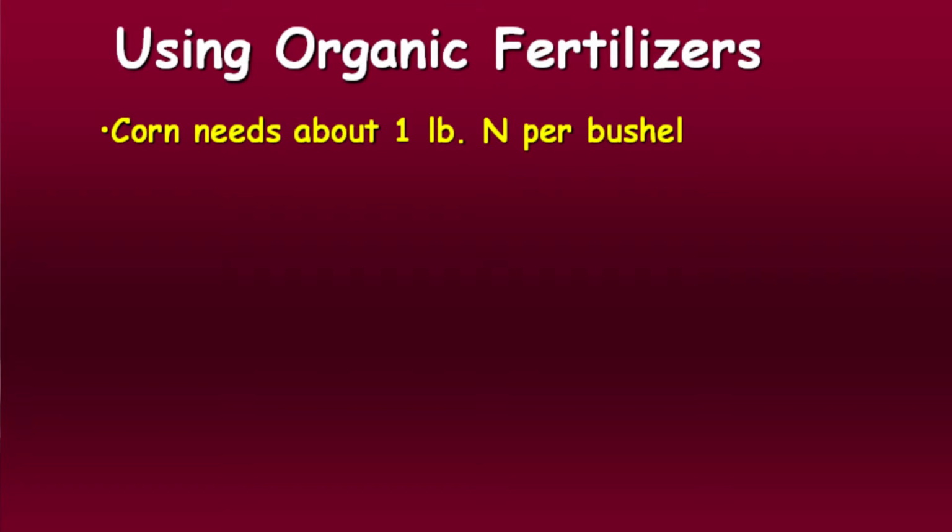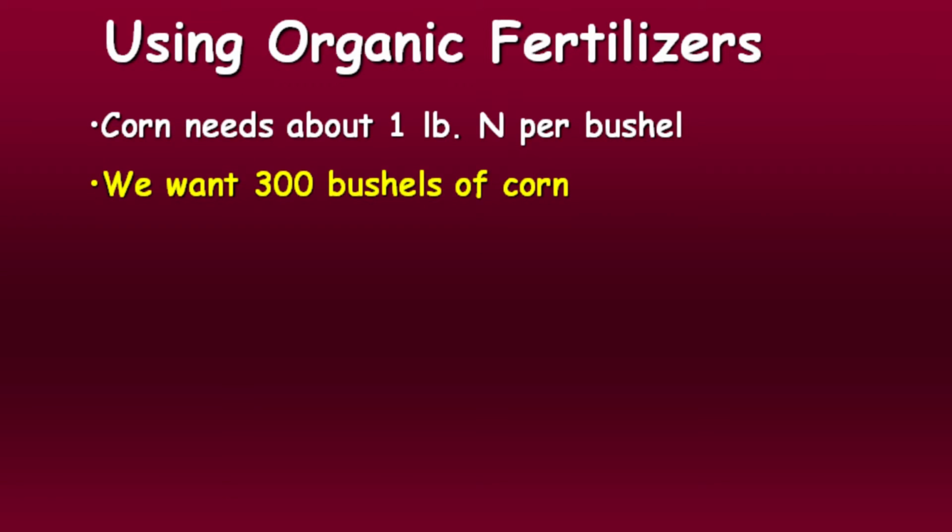So, okay, keeping that shape in mind, we can look at some other things. Okay, corn, using organic fertilizers. Another rule of thumb is that a bushel of corn takes a pound of nitrogen. That's not true, but that's another story altogether. But that's the rule of thumb. And we want to get 300 bushel corn here in an organic system. We're ambitious.